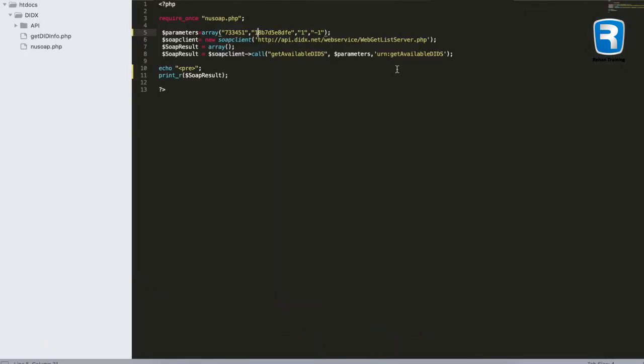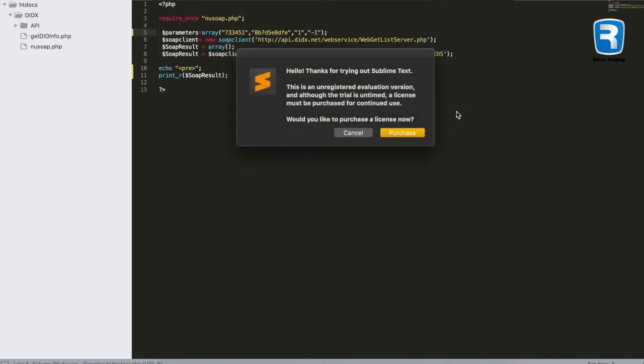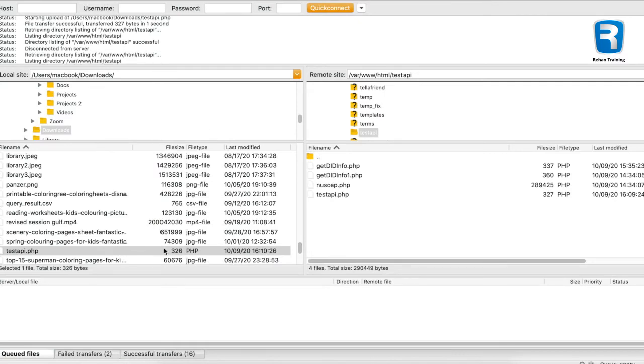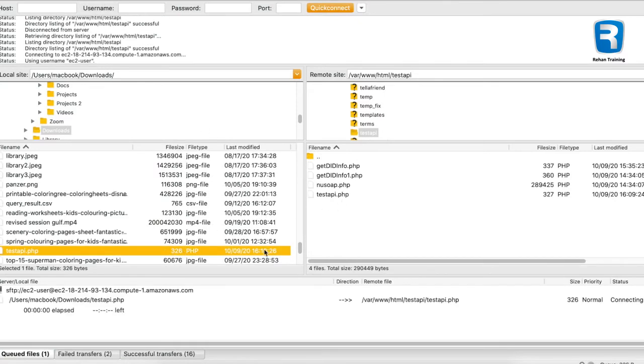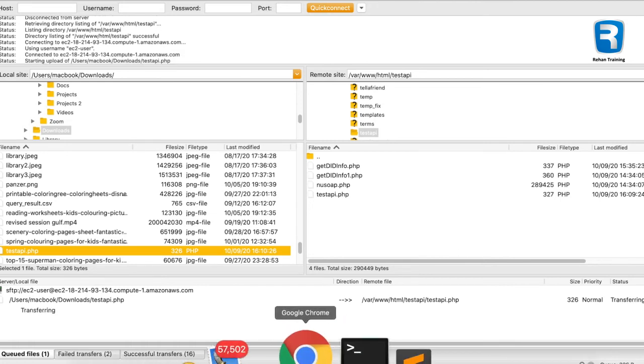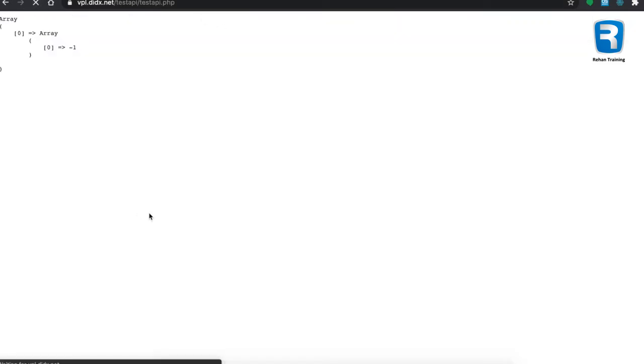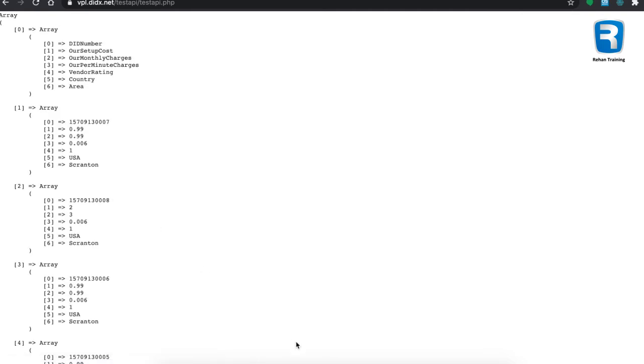Okay, let's check with the correct credentials how it will go. Uploading the file again after refreshing it. The new file size will be 326 instead of 327. Okay. If it shows the whole result, it means that our credentials are fine. Okay. Alright, so -1 and -2 are only for credential errors,